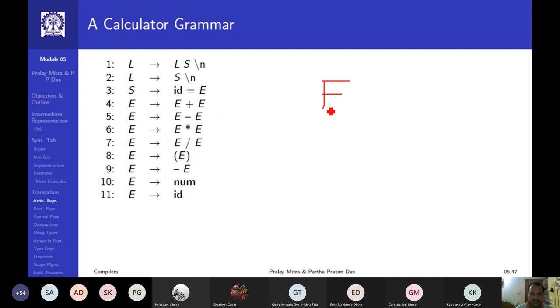One is E, which stands for expression, another is ID, which stands for identifier, another is num, which stands for some constants, so integer constant or floating point constant. S is statement, L is the long statements, and you know that slash n is the new line. So except that L and S, this identifier, num and expression